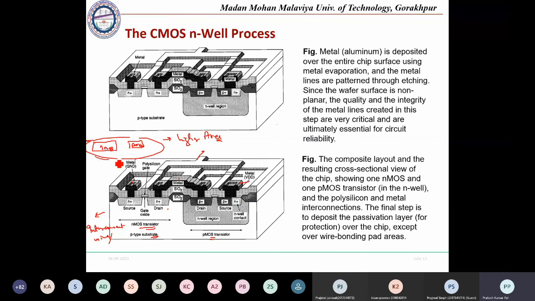Once we are combining separate NMOS and PMOS, it will have some disadvantages compared to the CMOS combination, which has the single substrate with NMOS and PMOS. Okay, so in the next class we will be starting with the inverter design by using this CMOS concept. Okay, so if you have any doubt, you can ask. Otherwise, I will be closing the class.